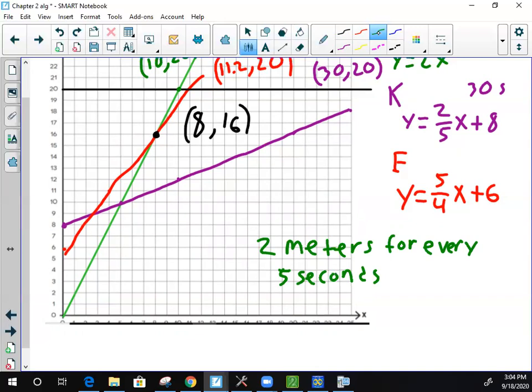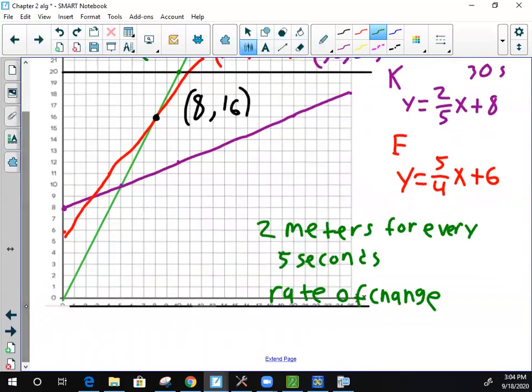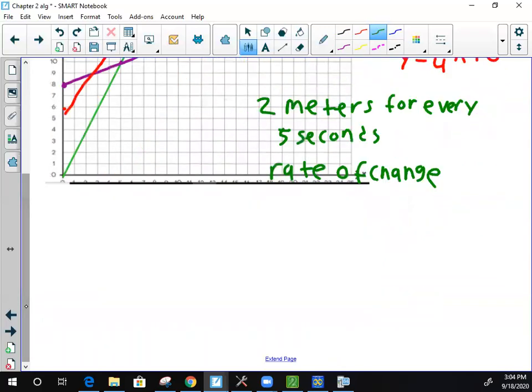So her rate of change is going to be 2/5 meters per 1 second. All right. That's how we use rate of change in